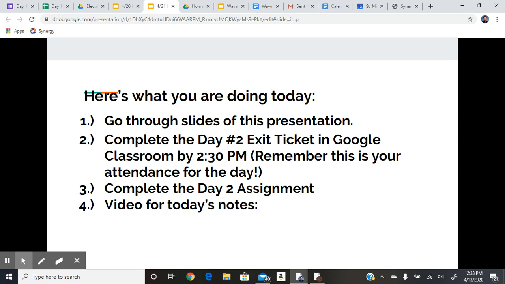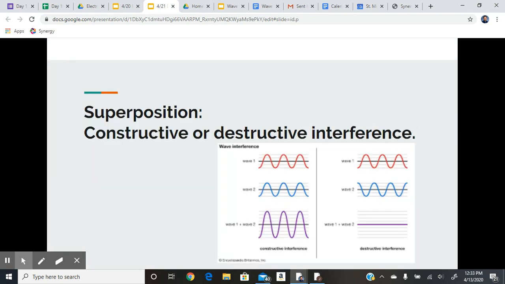So today you'll go through these slides. You'll have your day two exit ticket and also your assignment for the day as well. So just a little bit of review from yesterday. We talked about, the slides talked about